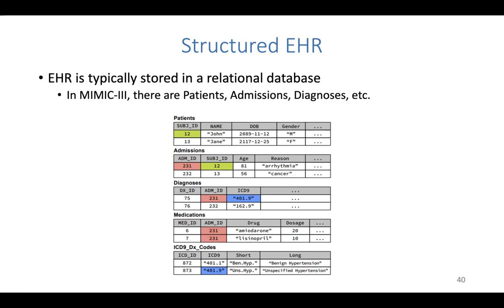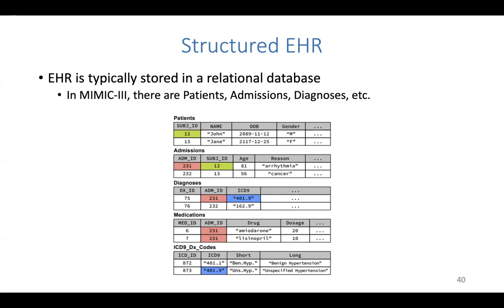So obviously there will be a number of tables, and each table would be responsible for storing some coherent information. In the case of MIMIC-III, there are a patients table, admissions table, diagnosis table. I think there were 25 tables or so,